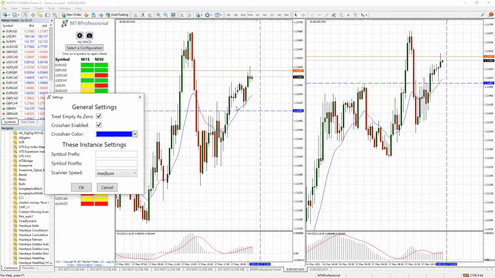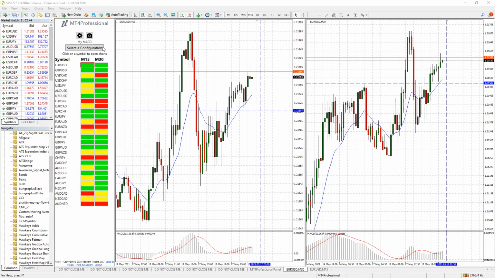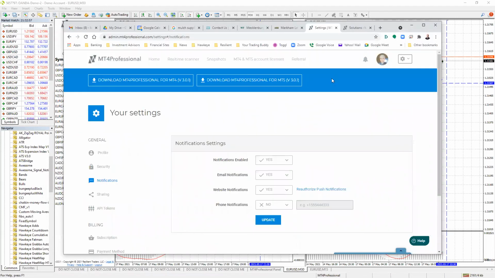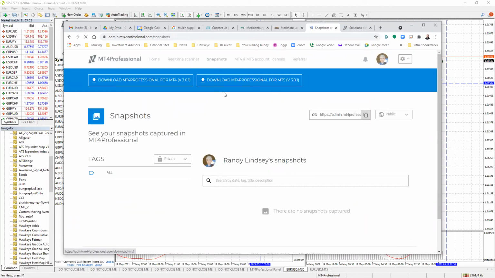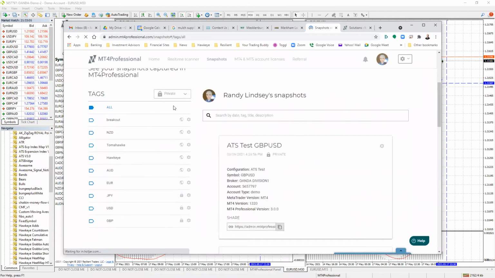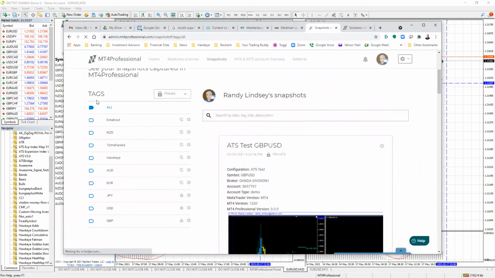If you don't like the crosshair on the screen, you can always enable or disable it or change the color. And this camera button that you see here allows you to take a cloud snapshot. So what that does is it takes a screenshot of the entire screen and it saves it on the web to your members area. If you look under snapshots here, then it will give you a list of all of the snapshots that you have where you can place tags on them, you can make them public or private,